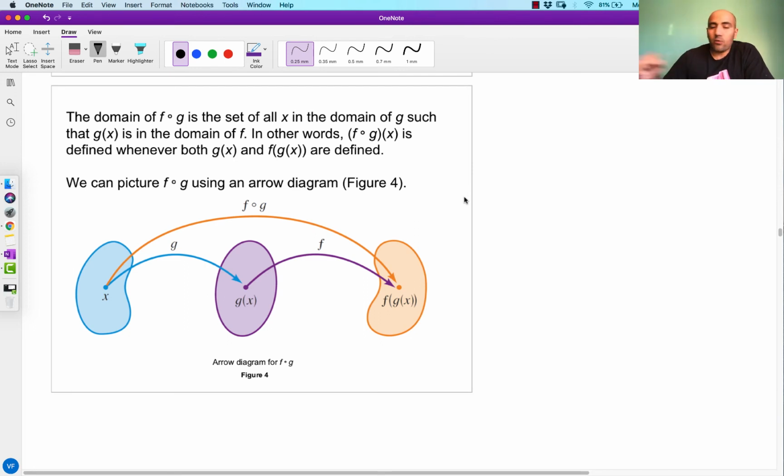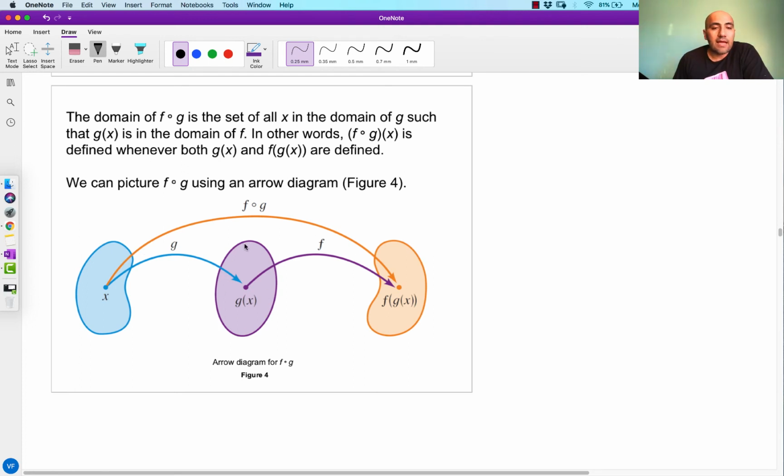So what we want to take away from this is that the blue jelly bean here is the domain of the g function. Or values in the domain of the g function. It might not be the entire domain of g, but at least it's the domain appropriate to the composition of the functions. So we start off with inputs to g,